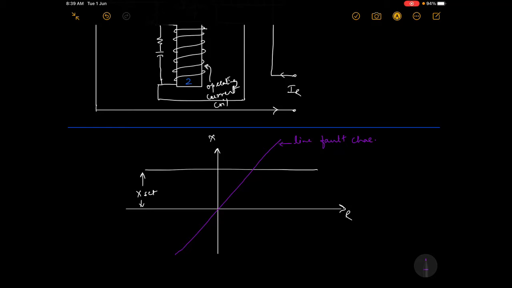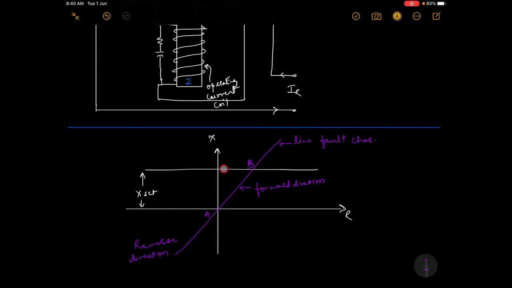Fine. Now we have this transmission line length up to where this can operate. So it will operate till A to B. This is called the forward direction. In the forward direction it will operate, but in the reverse direction it will operate for the entire line. In the forward direction it will operate only up to point B, because it will sense only X.